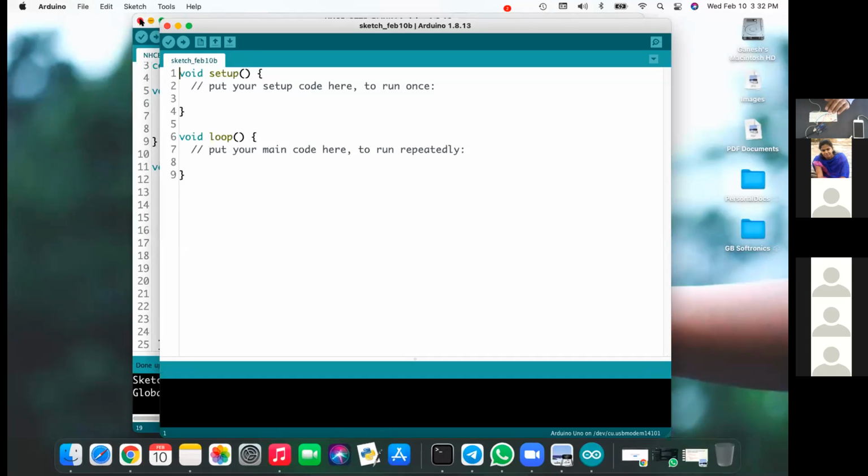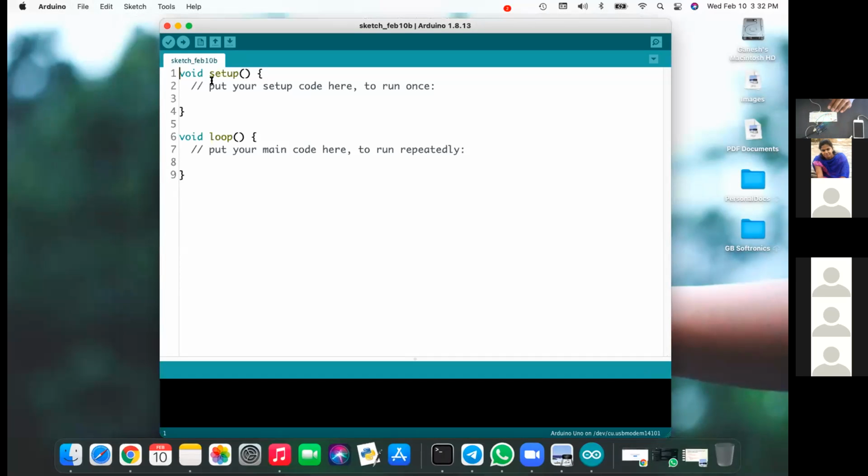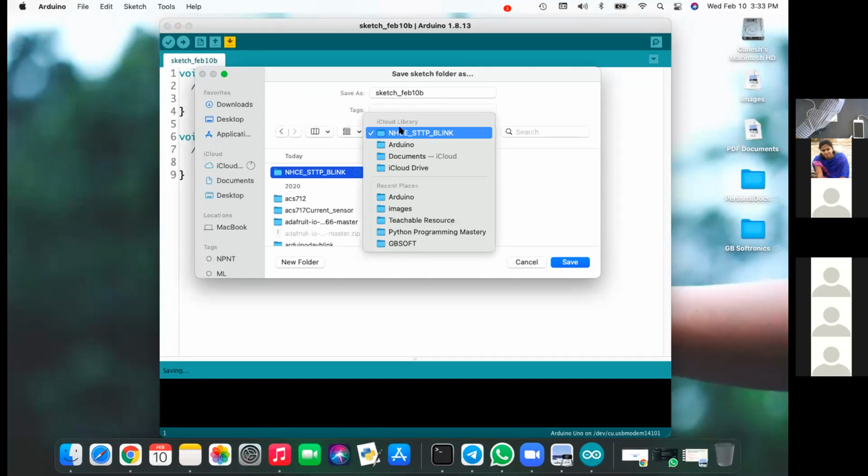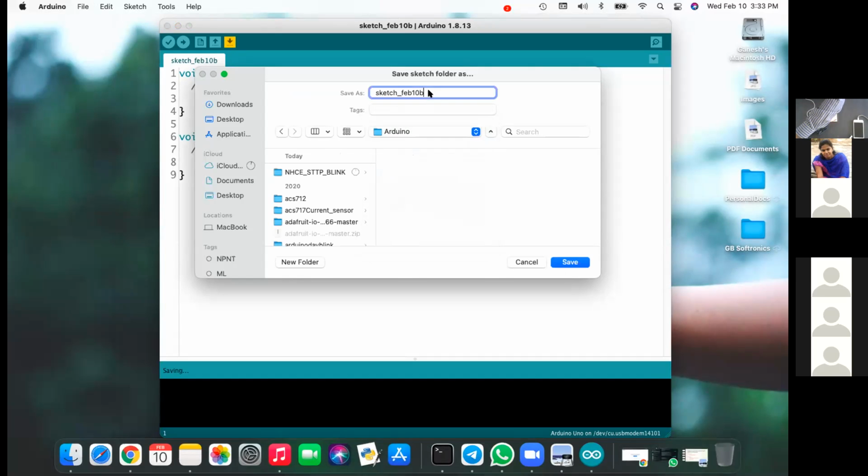For every program you have to take a new file. So I'm saving it first. Always save before running your program. Always save your program. So I'm using the same name, NHCE_STTP_serial.